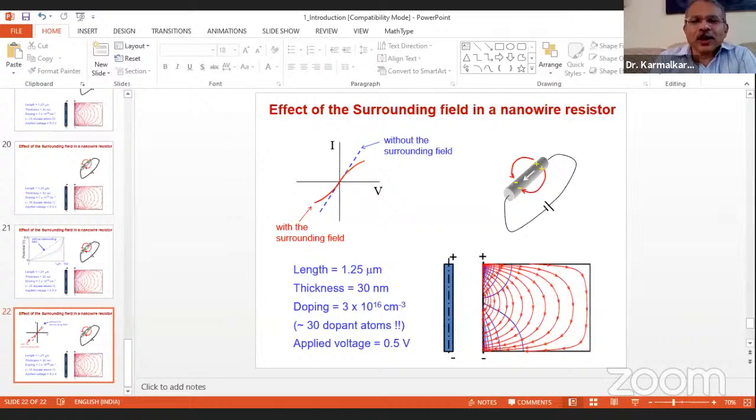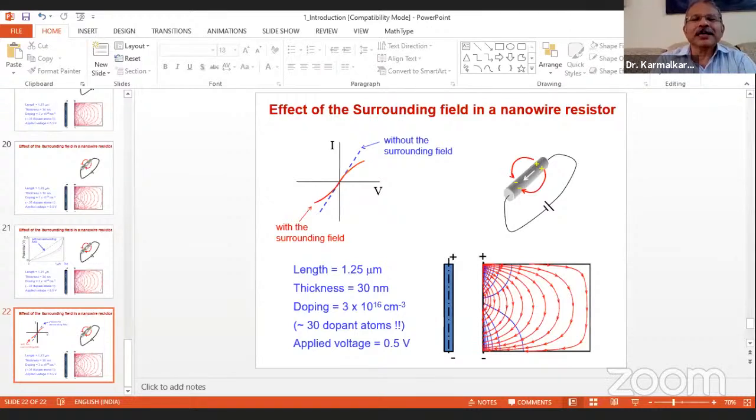How do you simulate the effects and see? So the same thing, ambient field or surrounding field, is shown here. You have a field like this and the difference. So what is the difference between this and the previous thing? In the previous case, we are considering only a wire. Here we are considering a junction. Is that clear? Please note the title. Here we are talking about junctions, whereas the previous case was simply a wire.